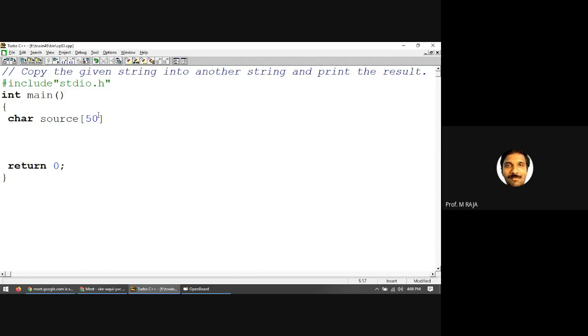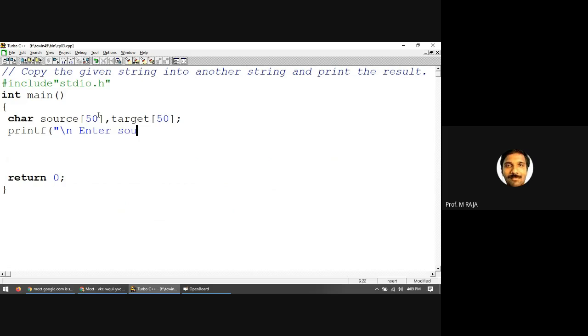Assuming that the source is the given string, I define another character array target. Whatever we give in the source array should be copied into the target array. That is our rule. Here, let us give input values. printf("\n